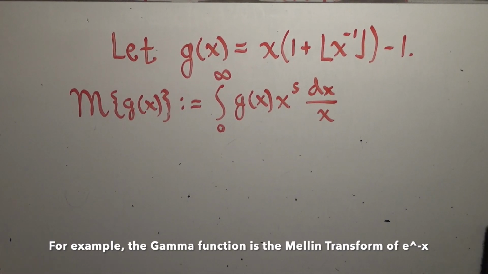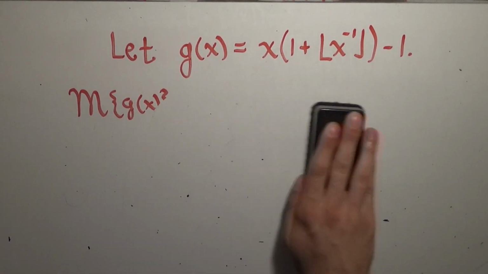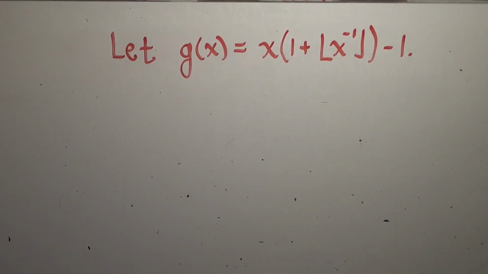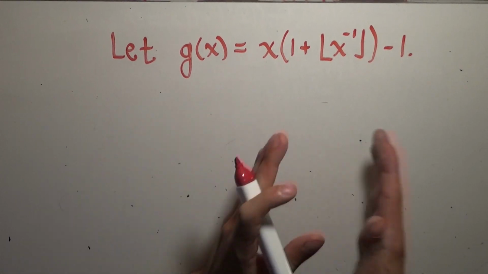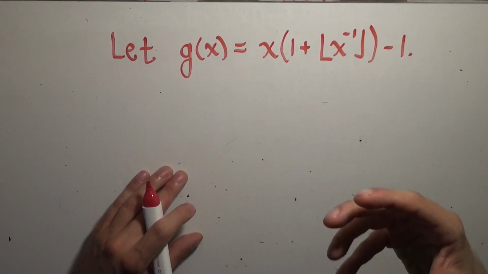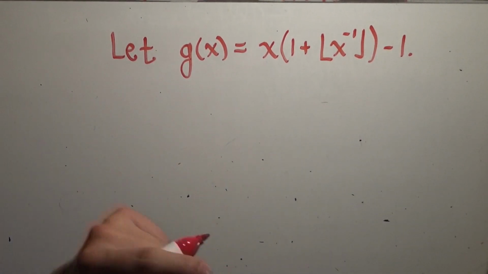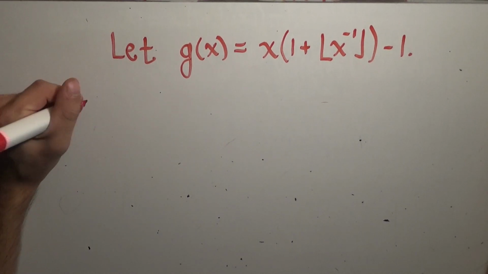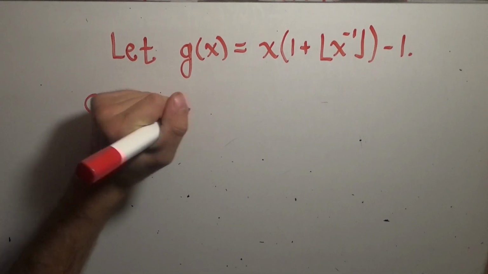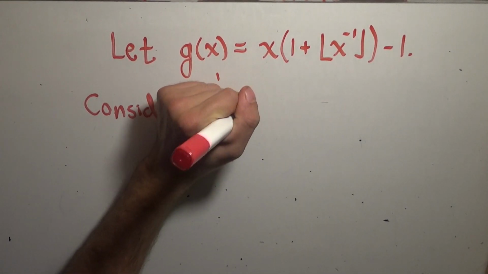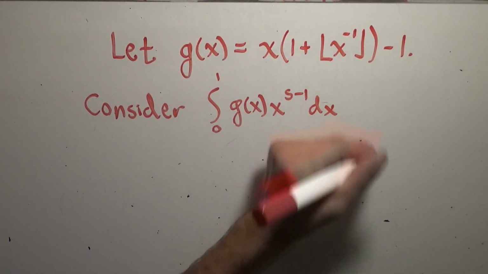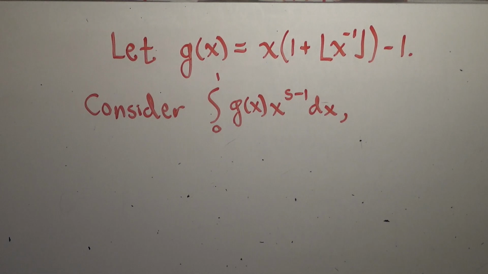But we're going to be doing a particular type of Mellin transform of this function today because of the way that the function works. It's really only defined over certain intervals, and so the Mellin transform is sometimes cut into the integral from 0 to 1 and the integral from 1 to infinity, depending on the power structure, as in the degree of the thing that's being plugged into the Mellin transform. In this case, we're going to need the 0 to 1 integral, so we're going to consider the integral from 0 to 1 of g of x times x to the s minus 1 dx, where, you're probably not surprised to hear,